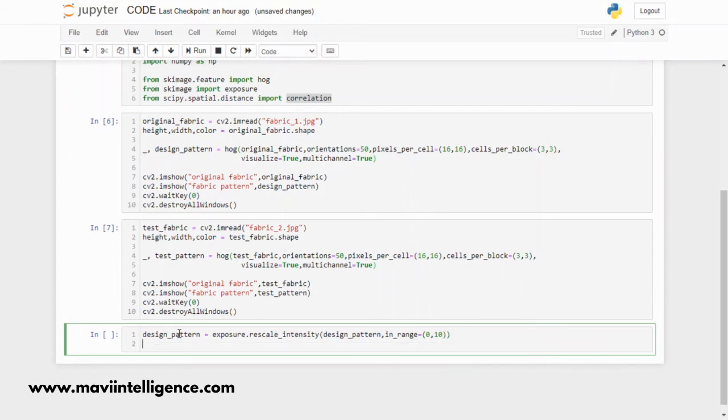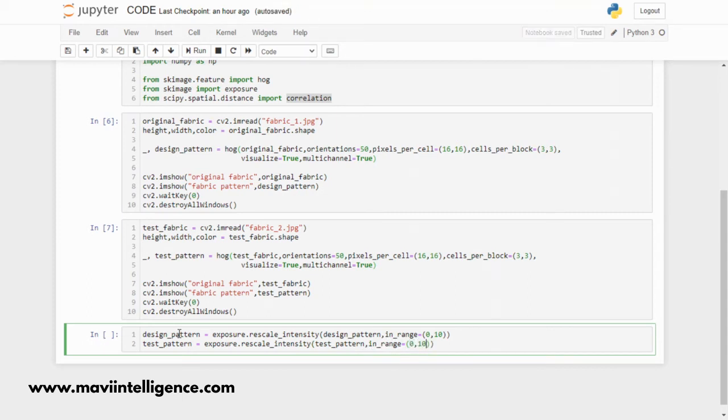Okay, same for the test pattern, equal to exposure dot rescale intensity. Now test pattern, comma, in range 0, comma 10.